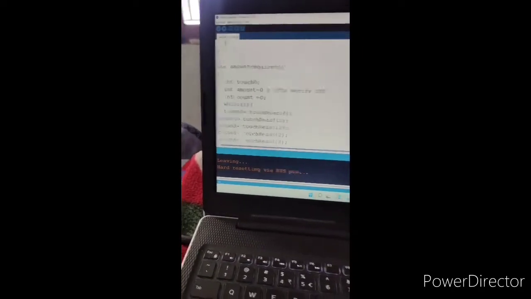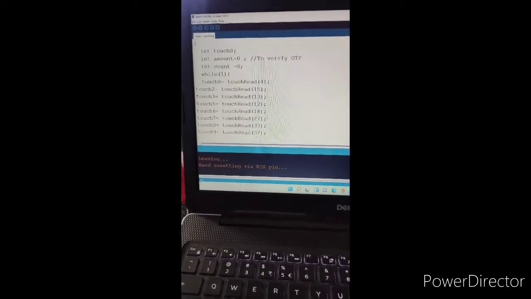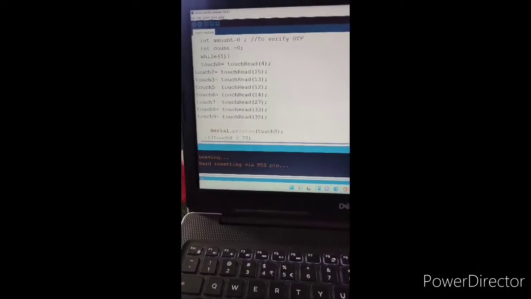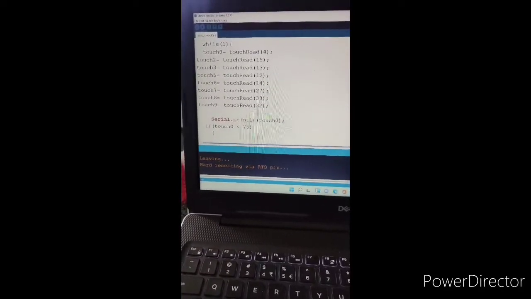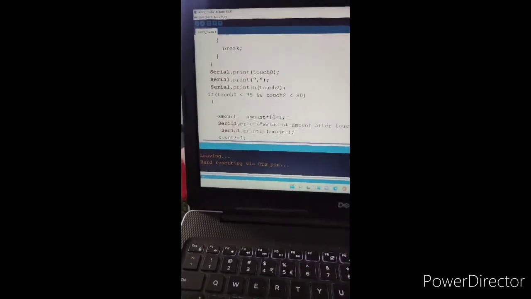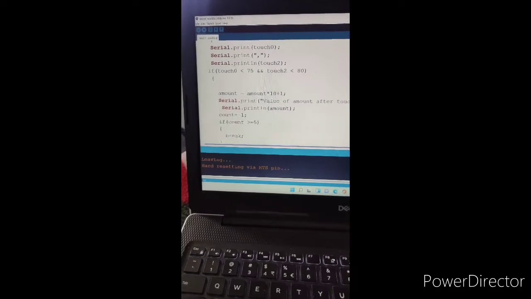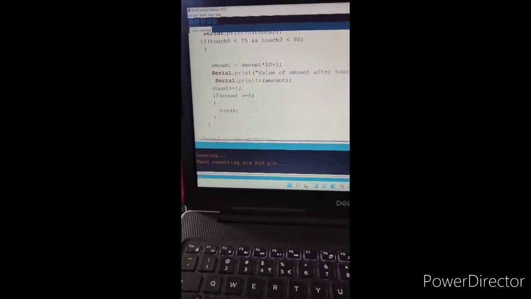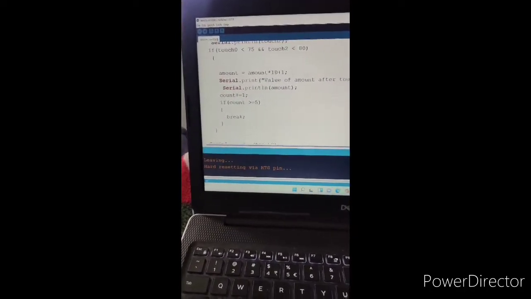Using touch pins, the amount is initialized to 0 with a count. For value 0, we have to touch the D4 pin. For value 1, we have to touch D4 and also 15 at the same time, because the 0 value is required in this, so I changed that.